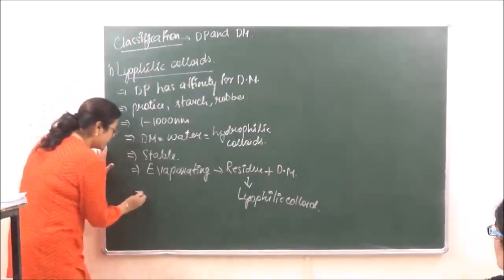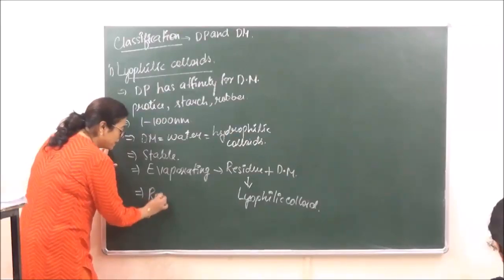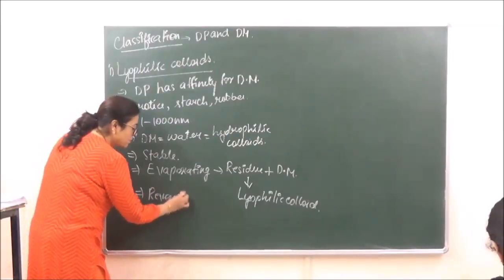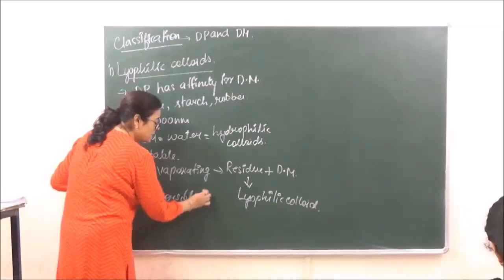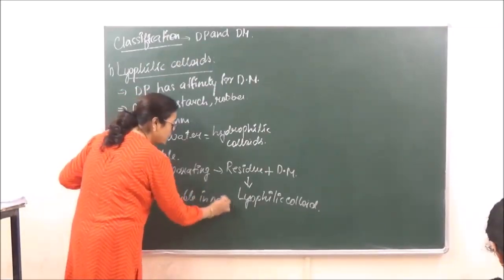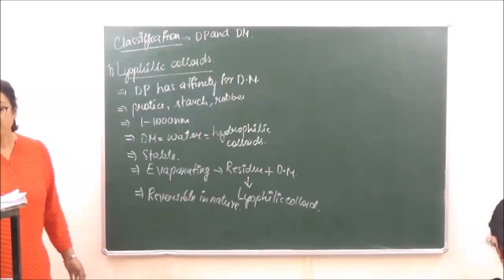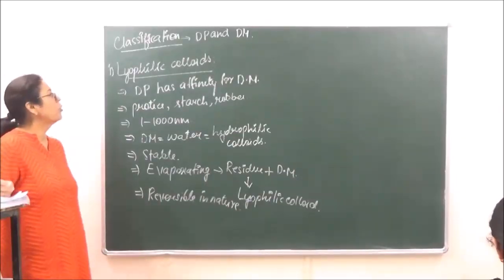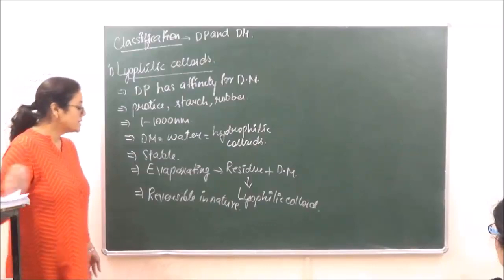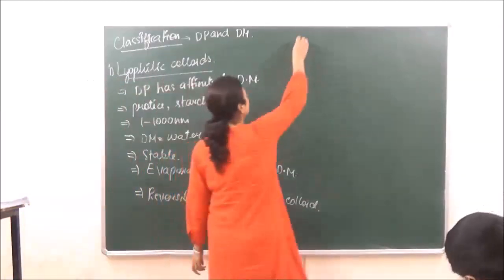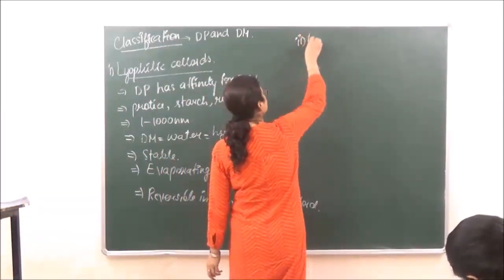Therefore we say that the lyophilic colloids are reversible in nature, which means that if we mix the dispersed phase and the dispersion medium again, we can very easily get the colloid back. Clear? The second type of colloid which we have is known as